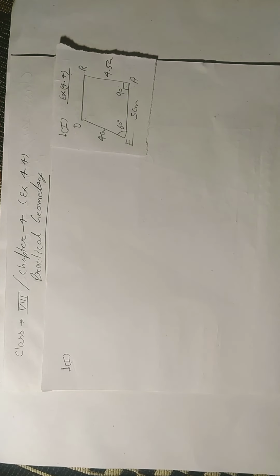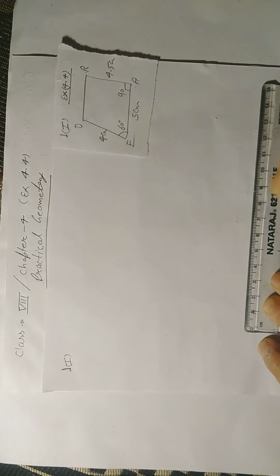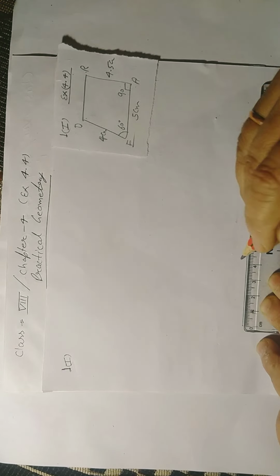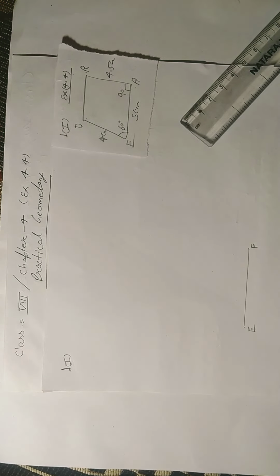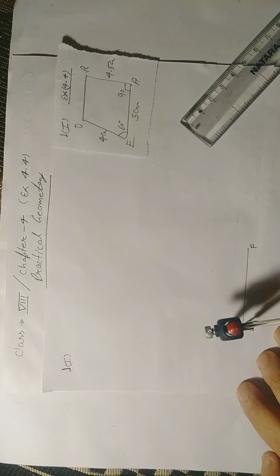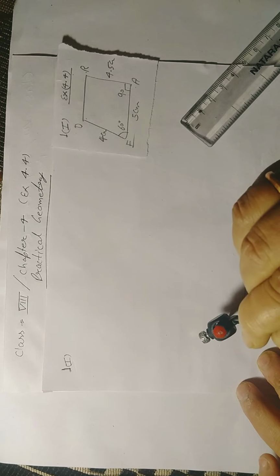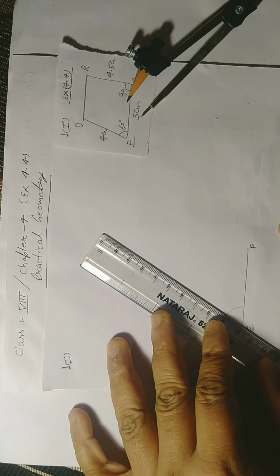Okay students, now we start question number 1 first part, in which firstly we have to draw a line segment of 5 centimeter. So we mark two endpoints, first at 0 and second at 5, and join these two endpoints. It is the line segment EA. Now at E we have to draw angle 60 degree with the help of a compass. Repeat the same procedure discussed in the previous video. It is the arc of 60 degree, and join it to E.